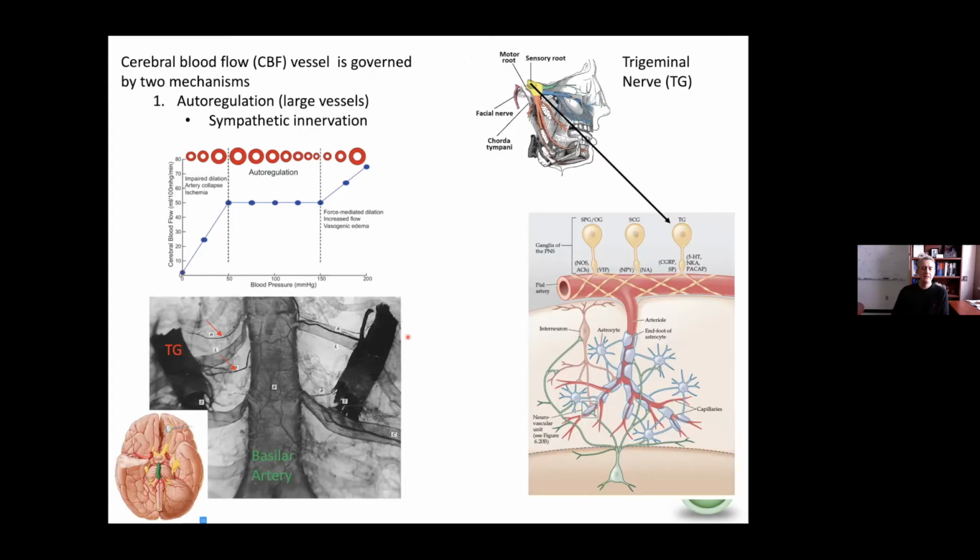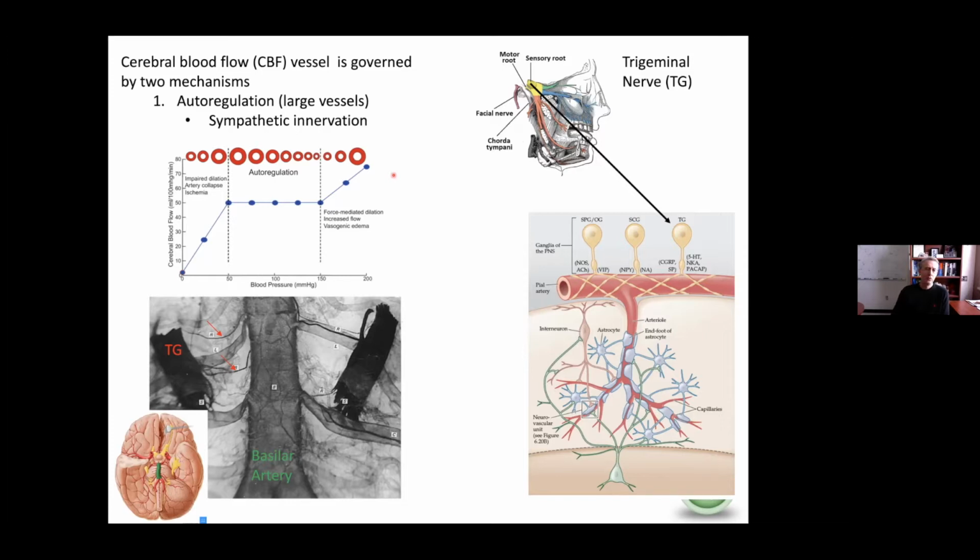Which basically means that the brain likes to be in a constant state. It doesn't like deviation. So basically, the blood flow will tend to be constant in the brain in the face of changes in blood pressure. And the reason this happens is because the diameter of the blood vessels in the brain, more specifically the luminal diameter, will adapt in the face of changes in pressure in order to maintain a constant blood flow. Once you exit this realm, then you can have either a collapsing of a blood vessel or hemorrhaging.